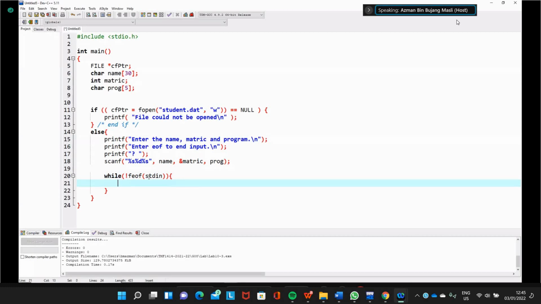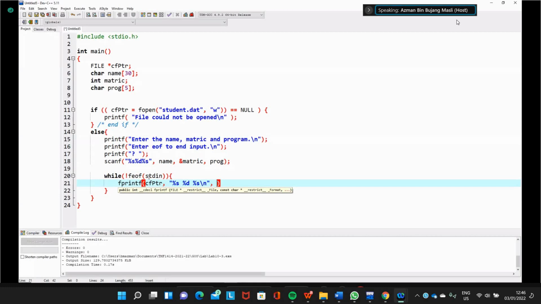We just print the data into the file, so we can use fprintf. When you print the data to the file, you need to specify the file pointer, and then the data you are writing to the file: a string, then the integer, and then another string. We also print a new line so that the new data goes to a new line in the file.